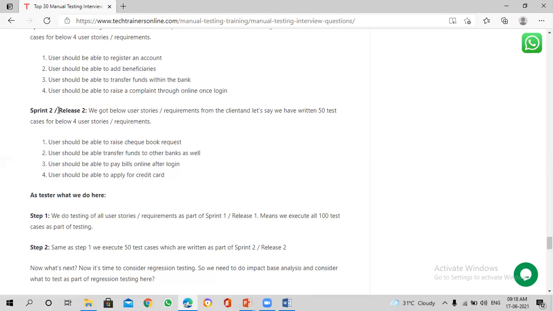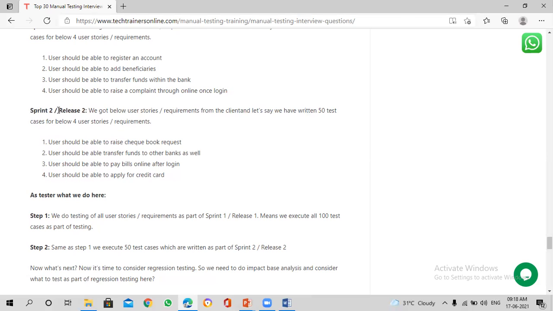One way of doing it is impact-based analysis: take those test cases and execute them in the current sprint. Another way is to automate user stories. You don't need to automate every user story, only the core features of the user stories, and then you run it for every sprint.